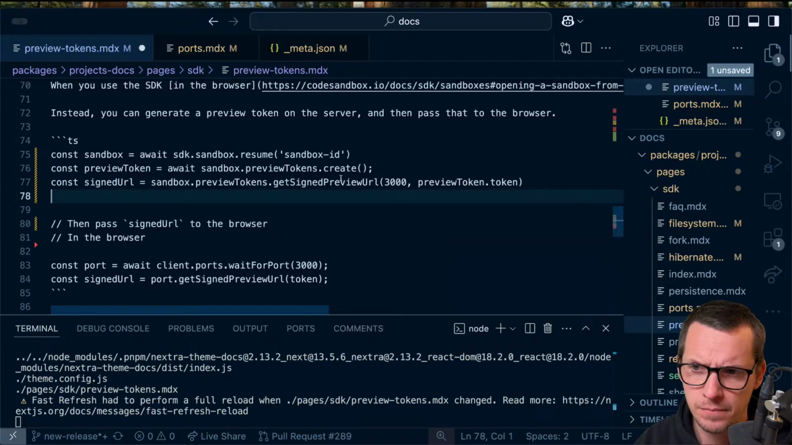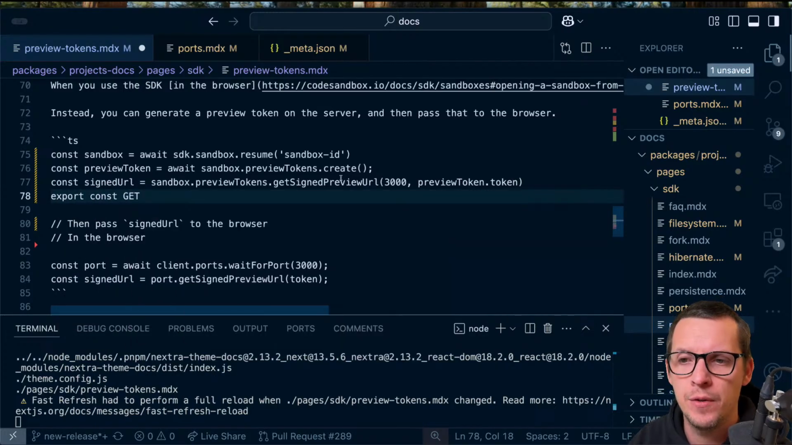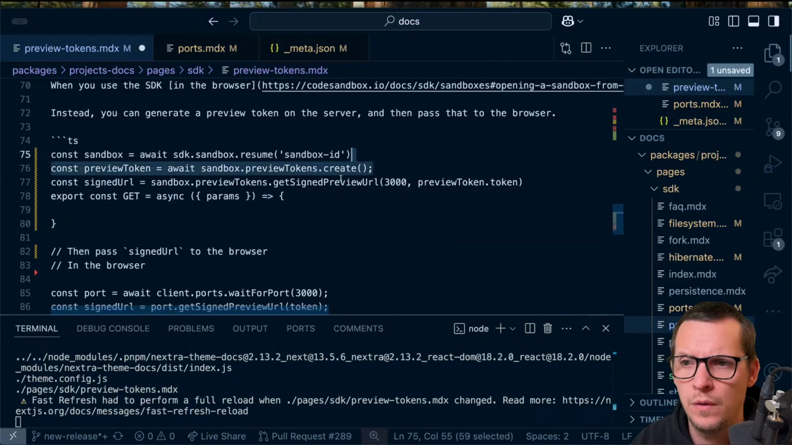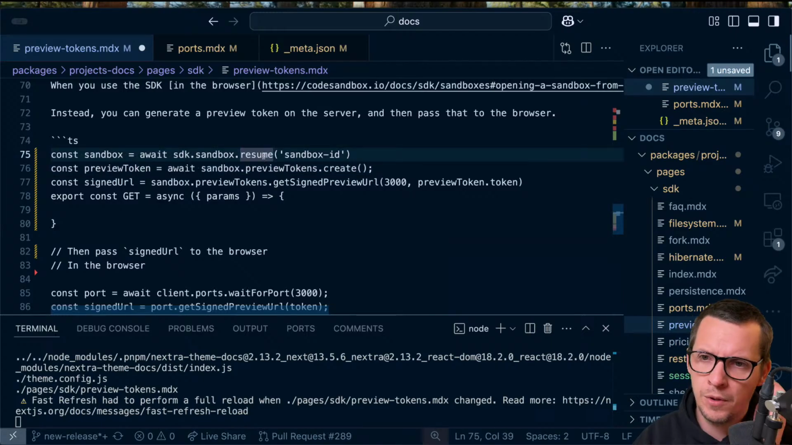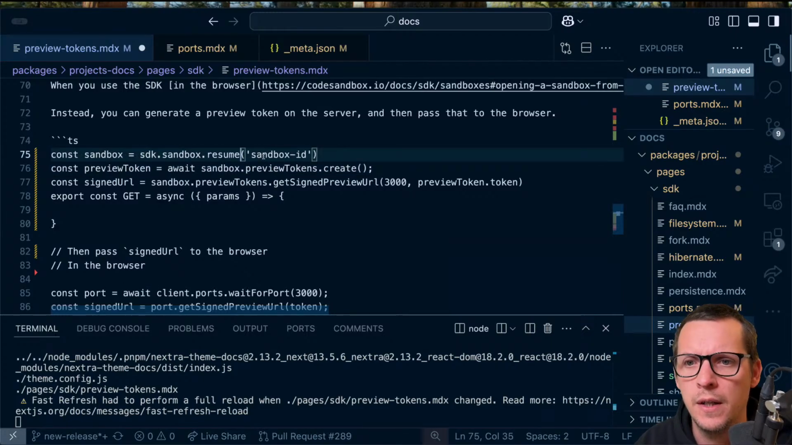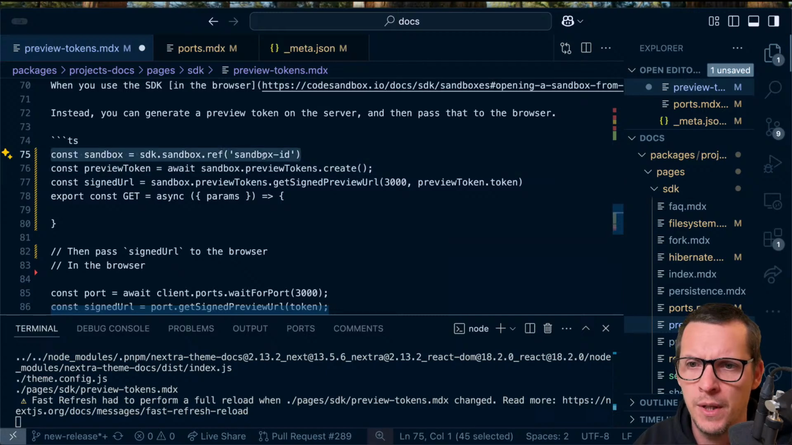So let's see. This would be like export const get or something. This is just a simplified way of showing params. So you would do, yeah, we're gonna change this resume thing. I'm not sure what we're gonna call it because we don't really want to start it. I think maybe ref is the best way to, yeah, I think we're gonna do that. Ref sandbox ID. We're gonna bring that back. So it doesn't actually start anything. It just,